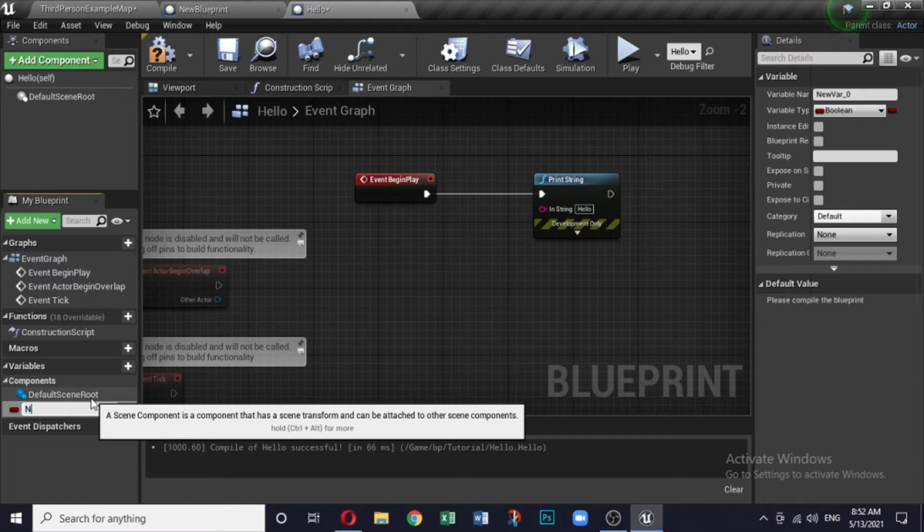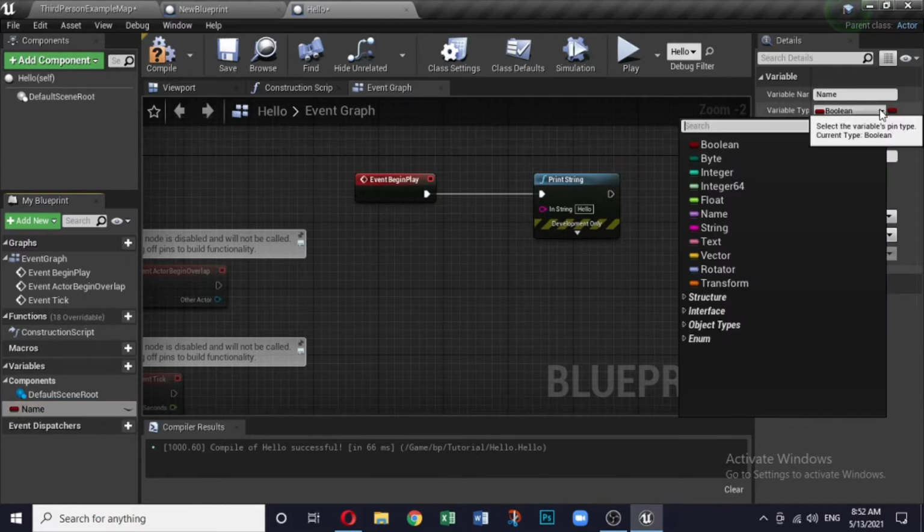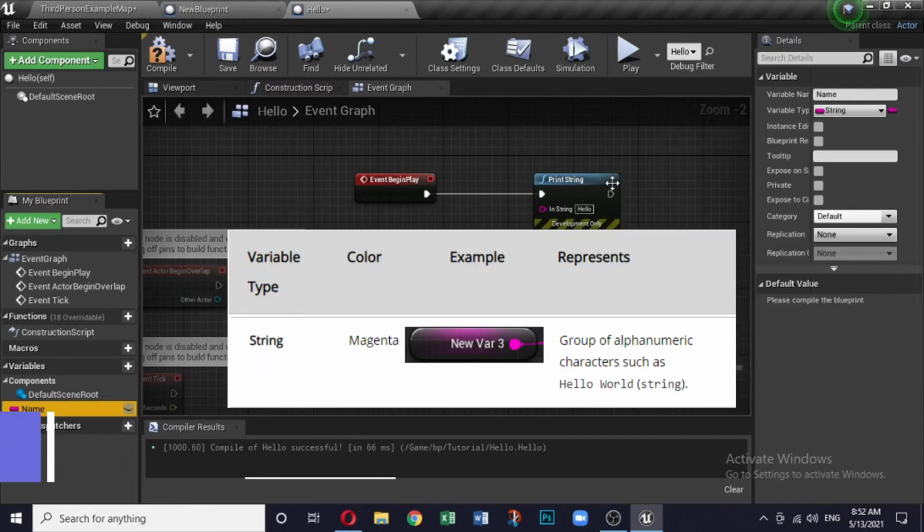Let's name it name. Now the moment you click this variable, a complete list of variable types comes: boolean, byte, integer, float, name, string, and we will understand one by one, maybe with different examples. We were actually using this string variable, and we will see how it works.